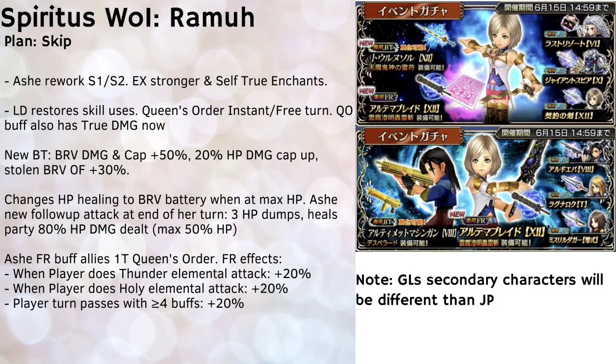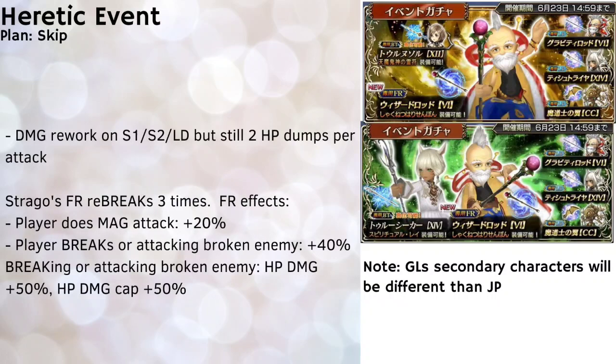And reflecting on that, one of the other reasons is I'm already pretty comfortable with the number of supports that I have in my roster, so I don't really feel a big urgency to pull for Ashe. The next event will be the Heretic event, featuring a rework for Strago